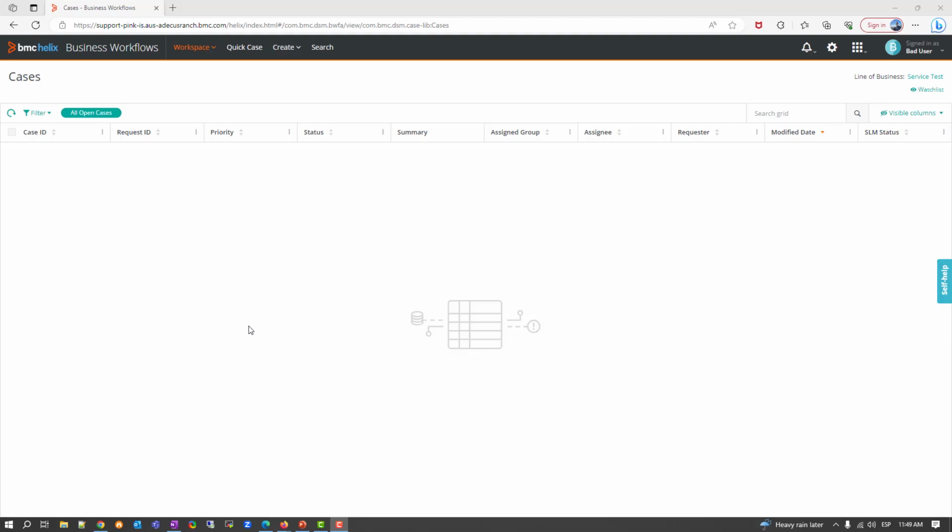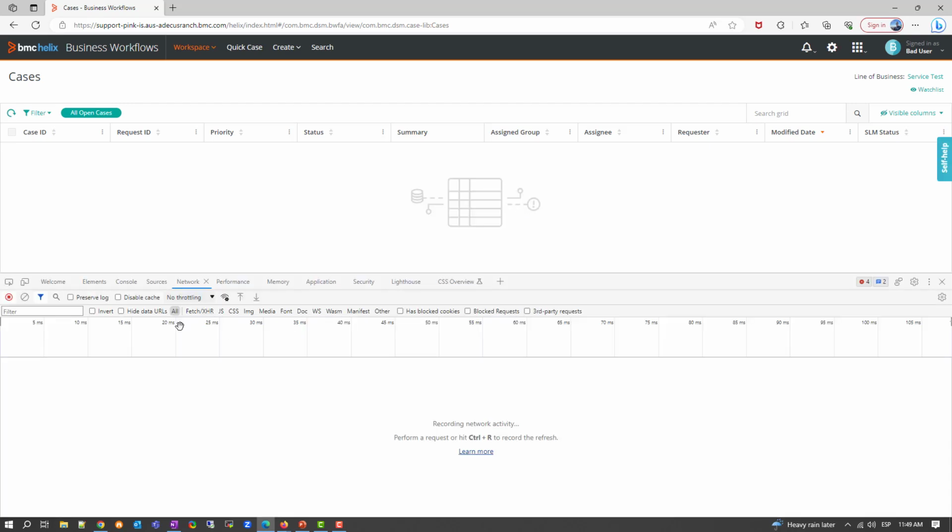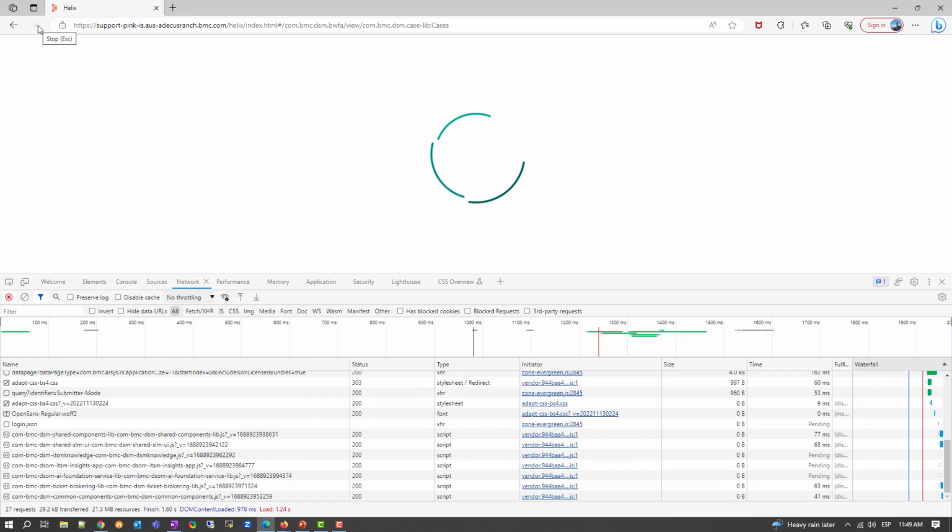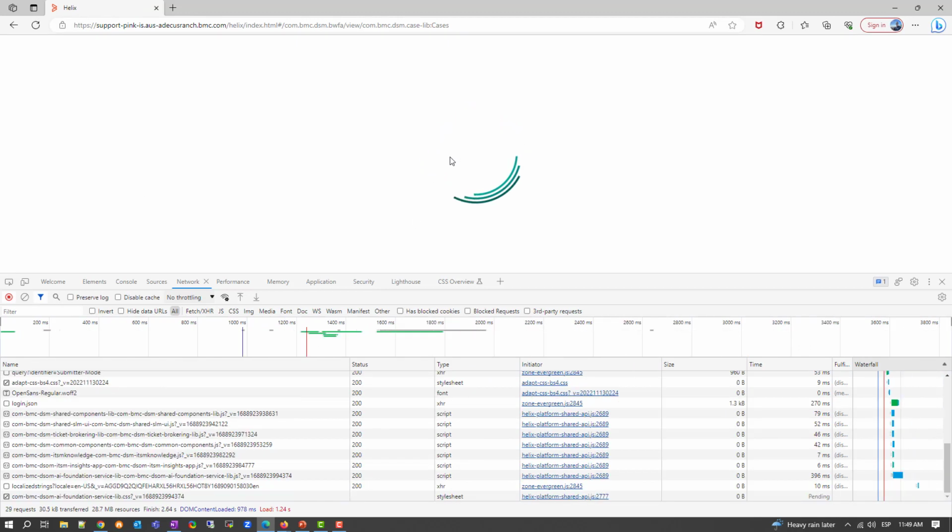So as you can see, now I'm logged in as the affected user and he has the filter all open cases and no case is coming up for him. So we need to identify what's going on. If you click F12, you're going to get the browser tools on the bottom. And if you refresh the website, once it loads back, once you get the application back,